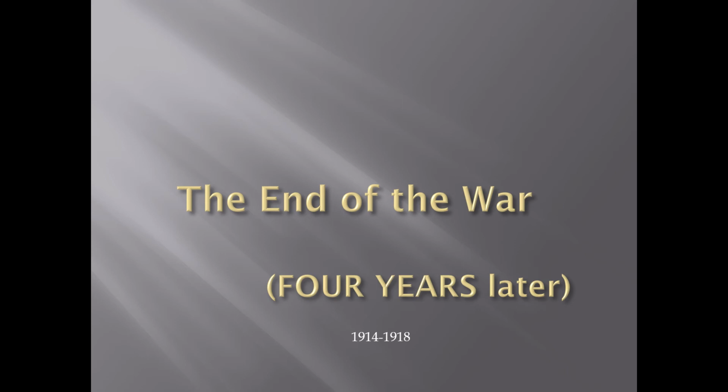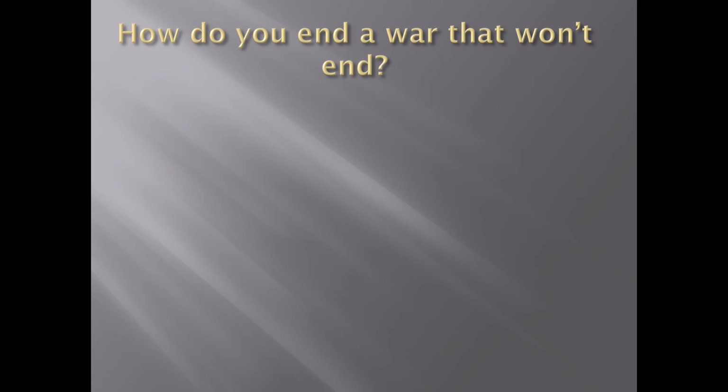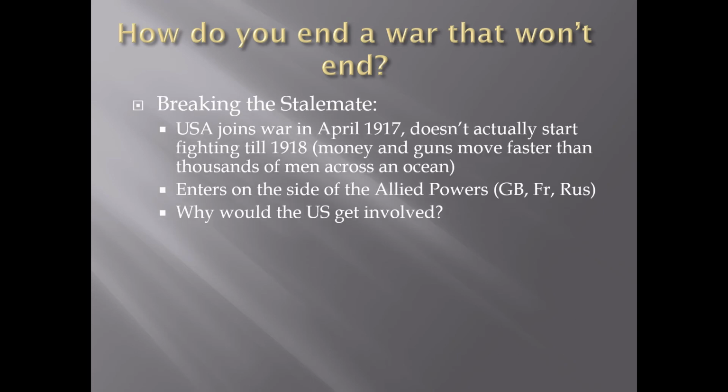So this is a war that is a stalemate. You've got each side entrenched, quite literally. There's not a lot of movement. So how do you break a stalemate? As you will recall, the belligerents in this war so far are the Central Powers versus the Allied Powers. So we've got Germany, Austria, and the Ottoman Empire fighting Russia, Britain, and France. The ones who are going to tip that scale is the United States.